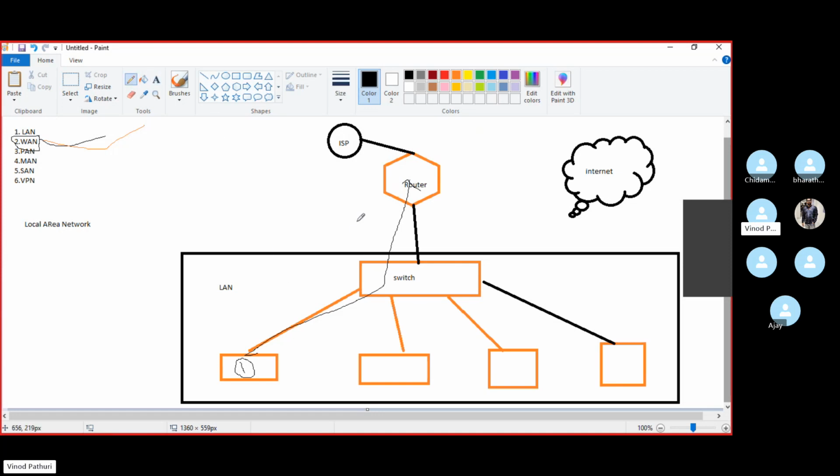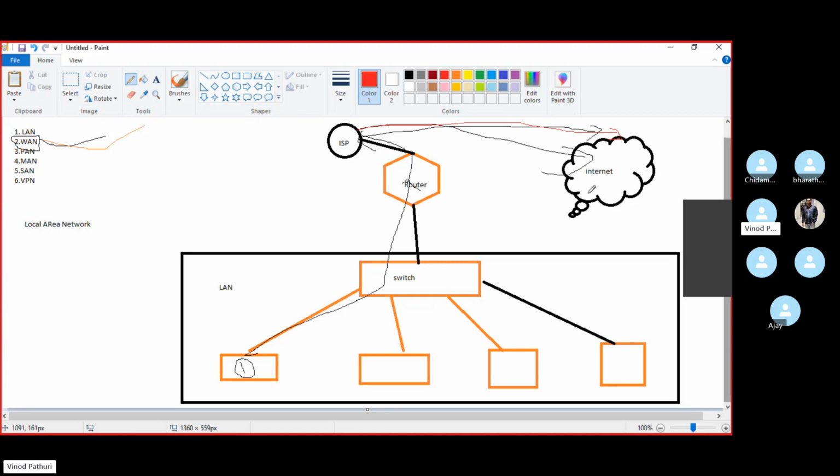So whenever we have a request, we go to the router, and then it will forward it to the ISP. And from that ISP, I can reach Google, or Facebook, or any public website. I can reach a server which is in America, or in any location on earth. So that is the wide area network.